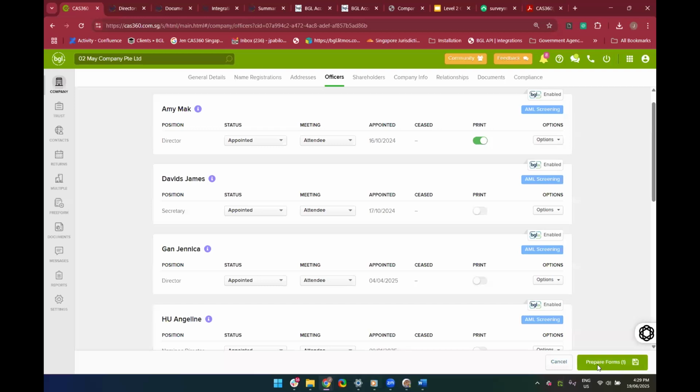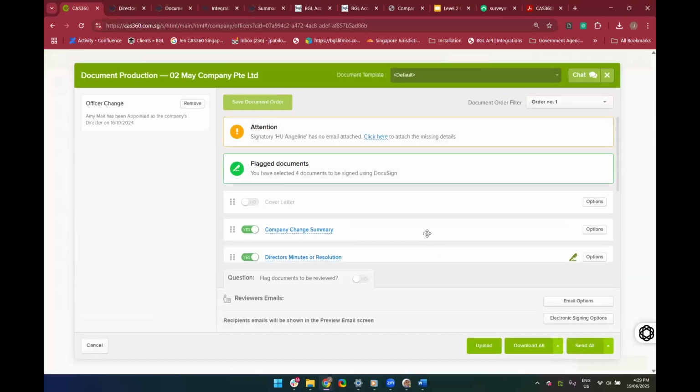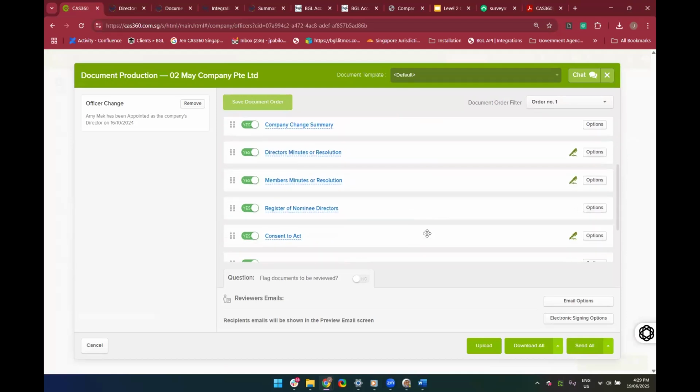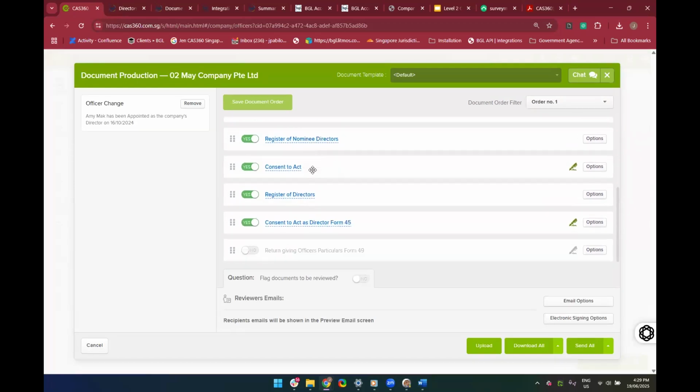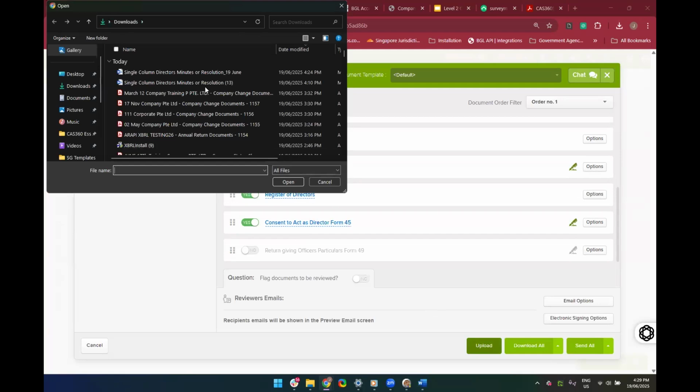Now, going back to the document production screen, another way to customize your document, especially if it's a one-off transaction, only particularly on this transaction, is by simply switching off the document. Let's say you do not wish to use the document prepared by CAS 360. You have your own director minutes and resolution. What you can do is simply close that document. And if you have any additional document, you can simply upload that in. Usually what we recommend is that